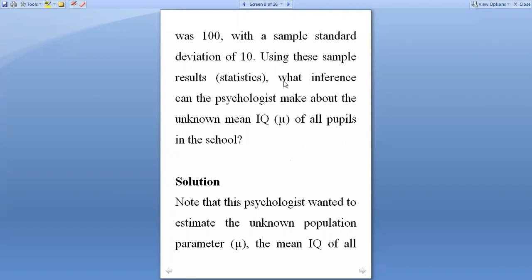So when you go to the field and you collect data and you don't use random sampling, just know that your results, when you are making predictions, will not be so good. So we are saying the researcher wants to know the mean IQ of all pupils in the school, which is the mu. But he has data only for a sample. How can he